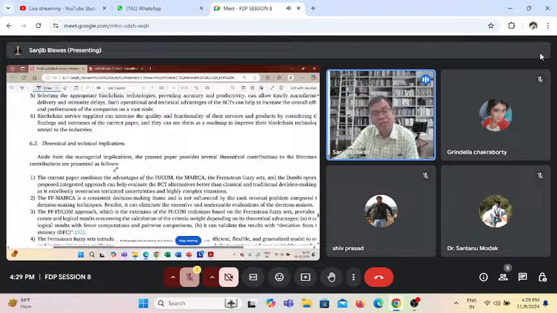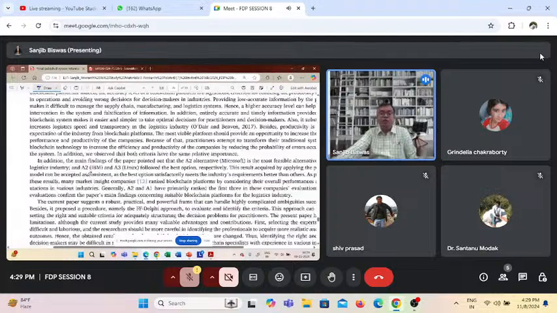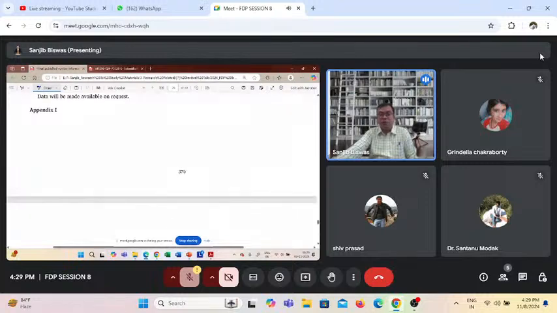Then these are all things we need to write in the discussion section: what you found, what you infer, what you could not find, what is the possible advantage of the method, what is the possible disadvantage, everything, and what is the relation of the findings with respect to past studies and your research question. That should be mentioned in the discussion section, and research implications are mentioned. Then finally, you go for conclusive remarks, where you conclude the paper and give your remarks.